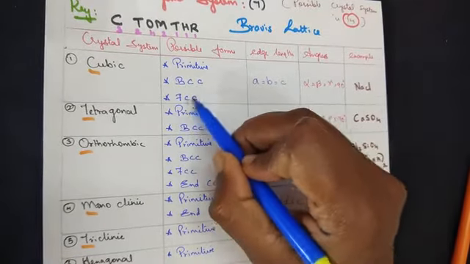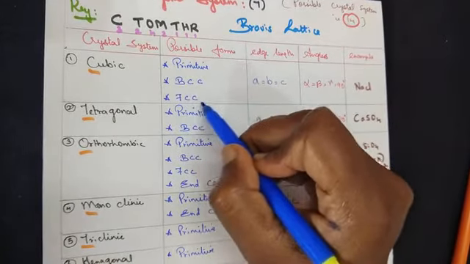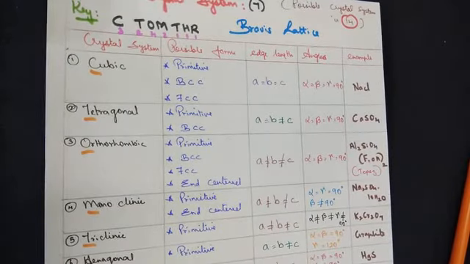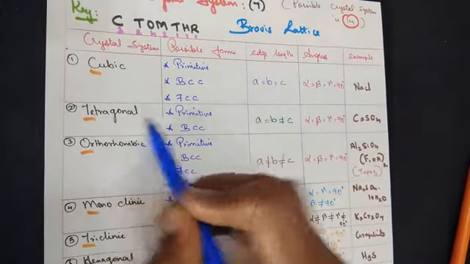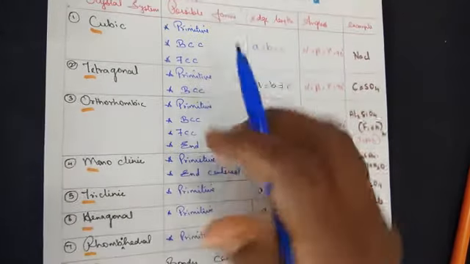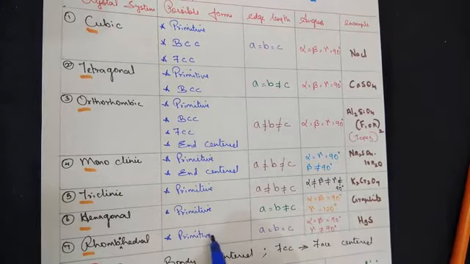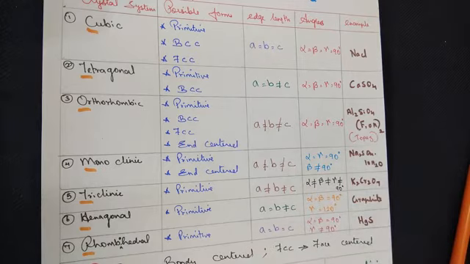FCC stands for face centered cubic system. About body centered and face centered, which are possible forms, we will see it under non-primitive unit cell. Only remember the name. When we say tetragonal, everywhere for all the 7 types, a primitive unit cell is a must, meaning electrons or atoms or ions or molecules at the edge of it.